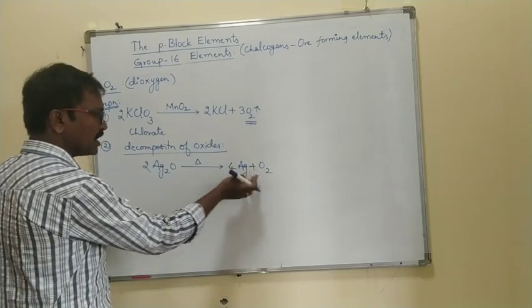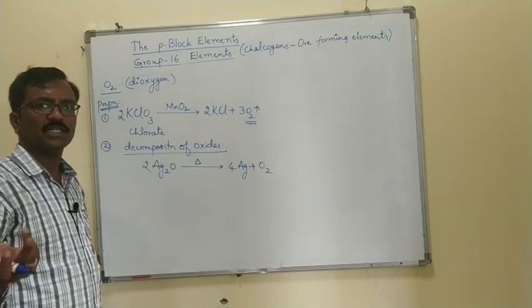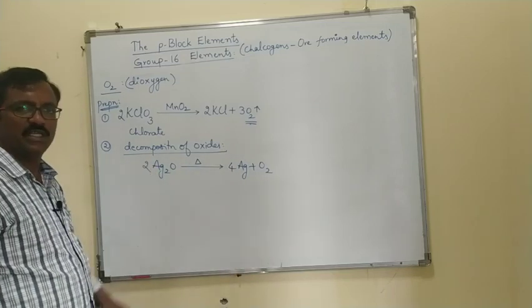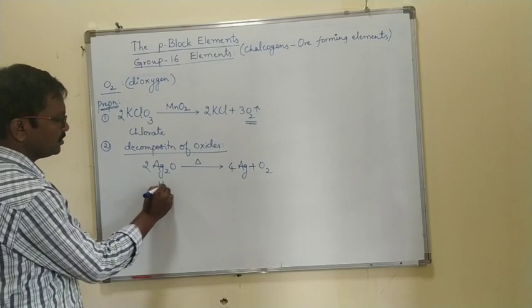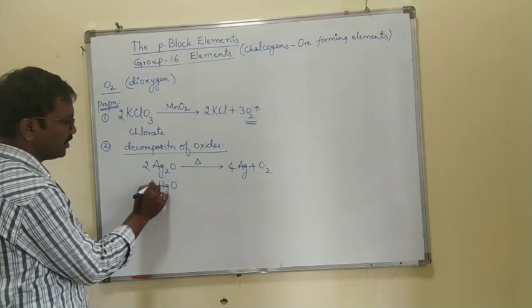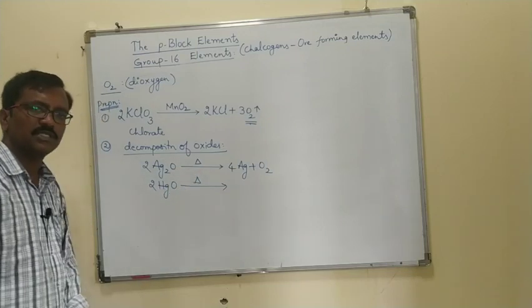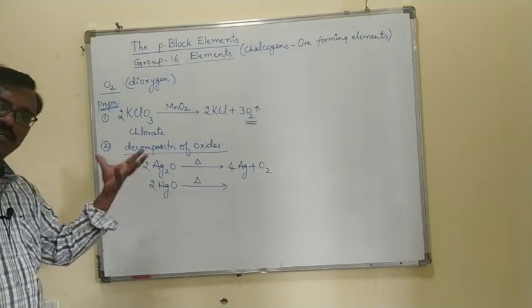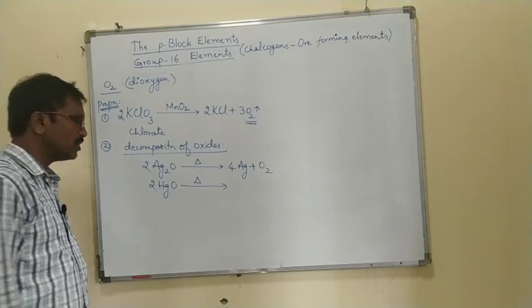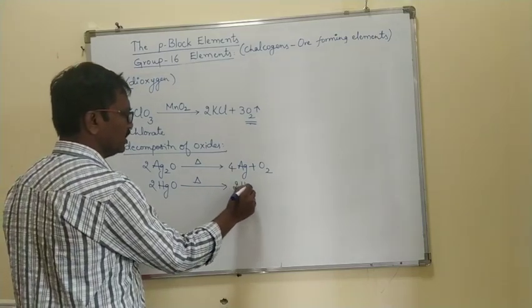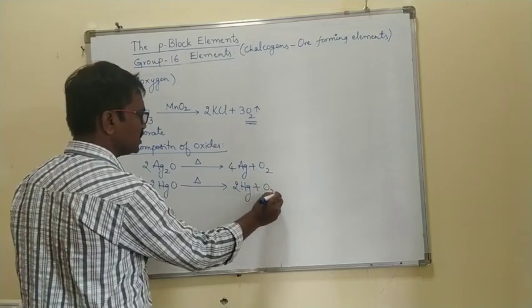If 2 components combine into 1 component, you call it composition. One compound divided into 2 compounds, you call it decomposition. Right. So the next one is mercuric oxide, thermal decomposition. Thermal decomposition means you have to heat the compound. If you heat the compound, it becomes 2 or more components. Hg plus oxygen.